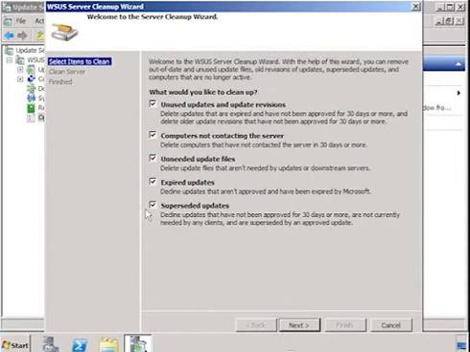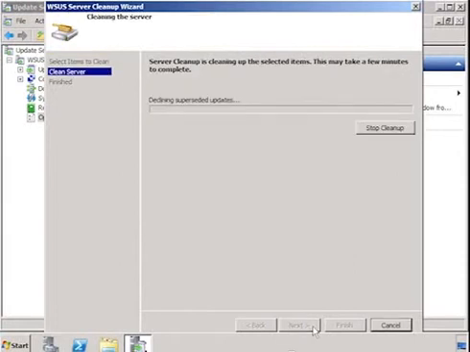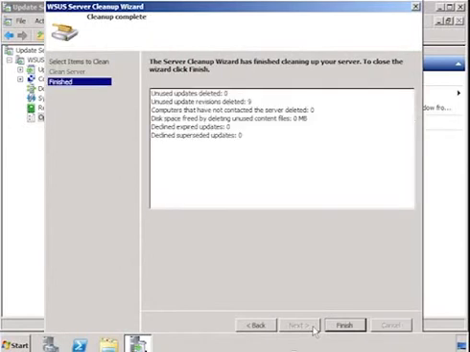Once I have decided on which maintenance options that I need, when I press next, WSUS will perform maintenance right away. Depending on how many computers are removed and added to your network will really determine how long this maintenance will run. Given that, if I now exit out of this wizard,